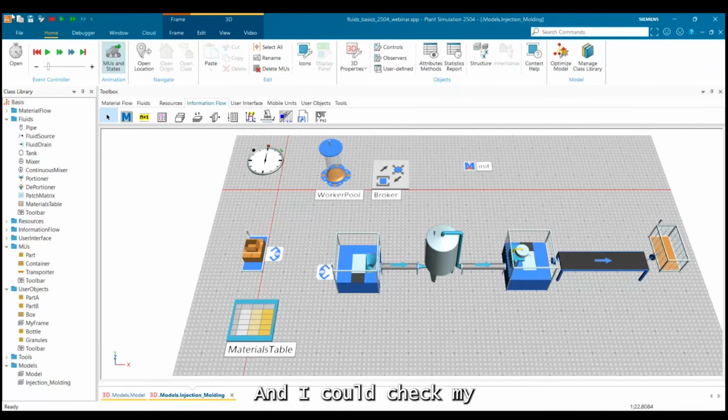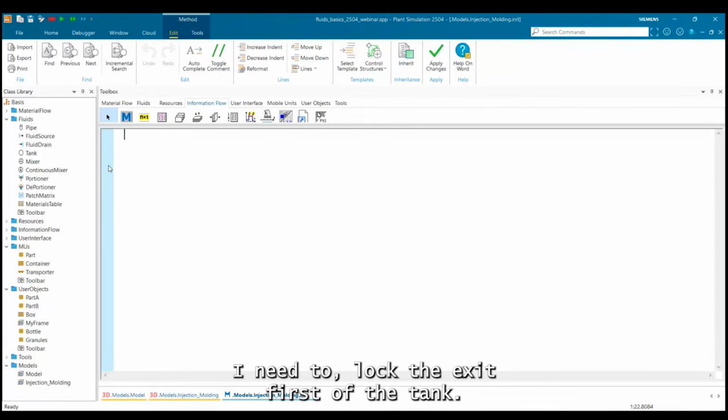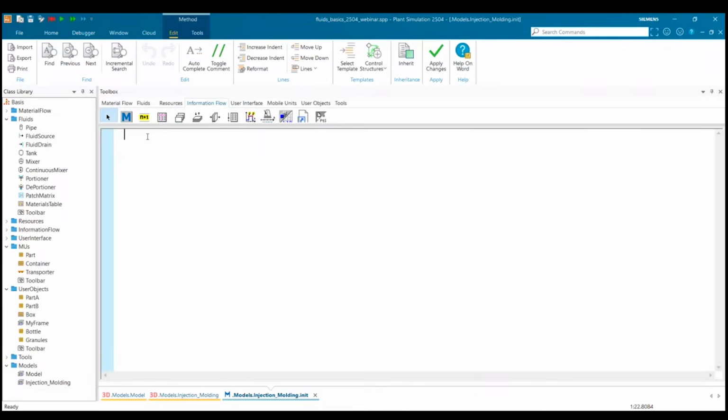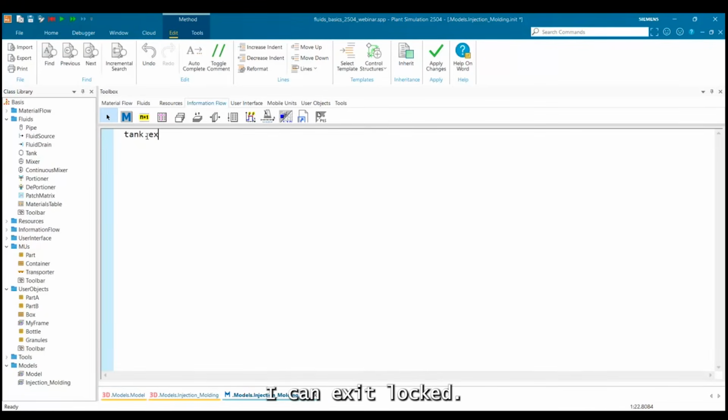And we could check my cheats here. Okay. And we need some other tricks here to change the tank load. I need to lock the exit first of the tank. And it's the same as for the other blocks, it's exit locked.